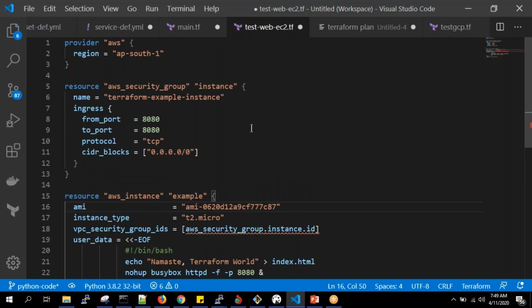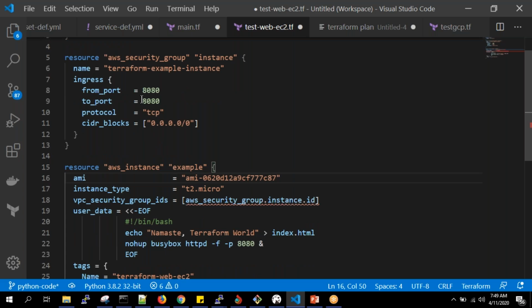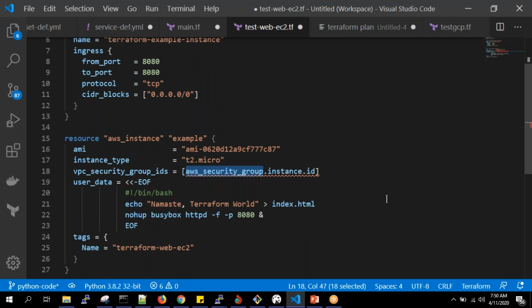So whenever you are working on Terraform, Terraform is going to have a chain of a resource graph. So this first resource group is having a name. So you can have multiple values for one particular argument which you are going to have. So this name, AWS security group, I'm going to use here. So this will be associated with the VPC security group ID. So in AWS, you are going to have the VPC, that is a virtual private network, that will be using